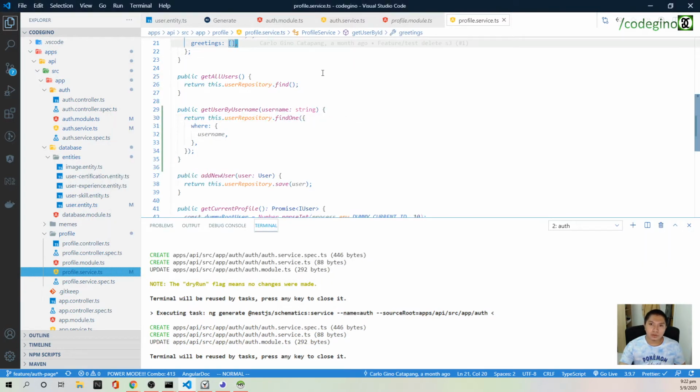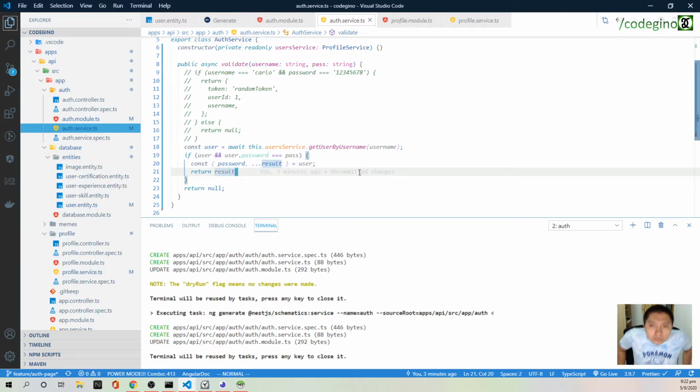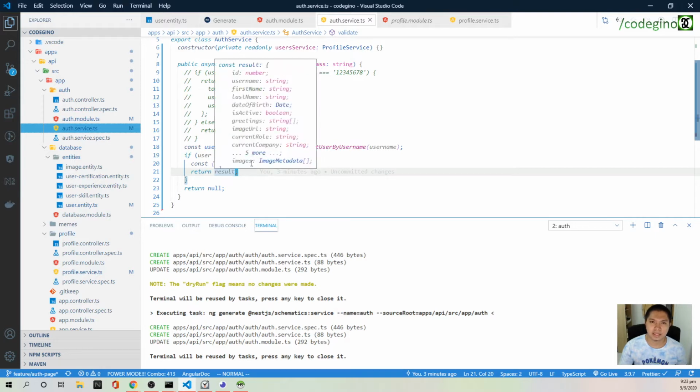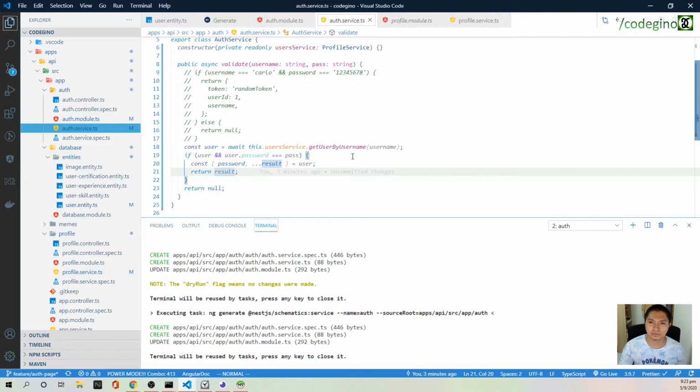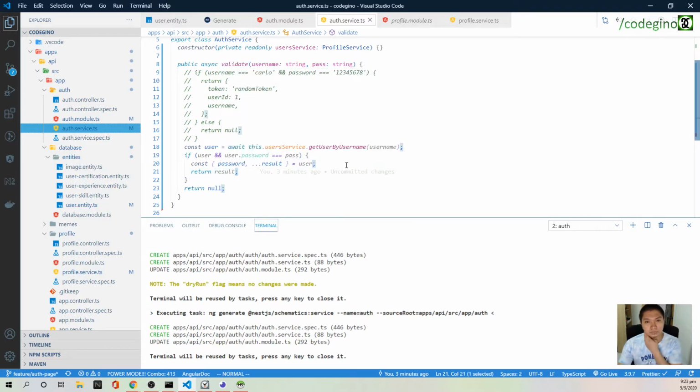So what I will do here is in the auth service, okay. So what I'm trying to do is, okay, I'm trying to get, what am I trying to get? Oh, okay, okay. So I should be returning